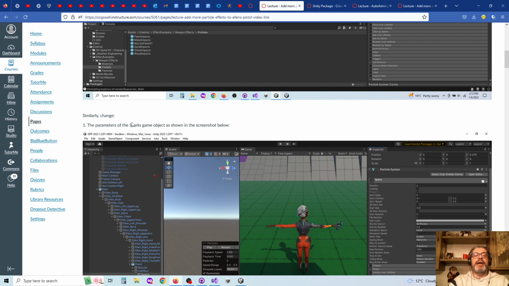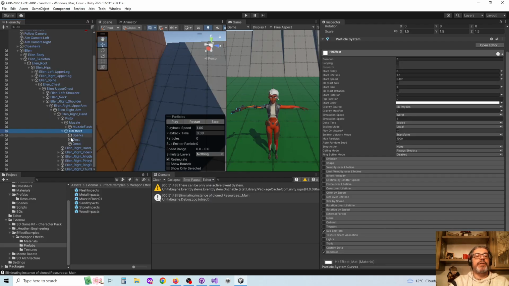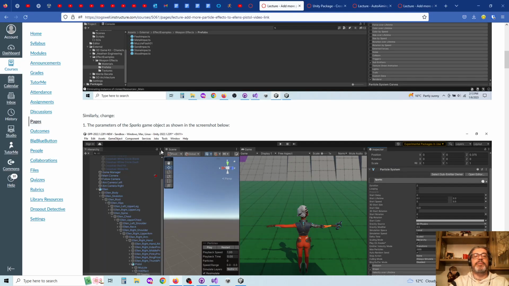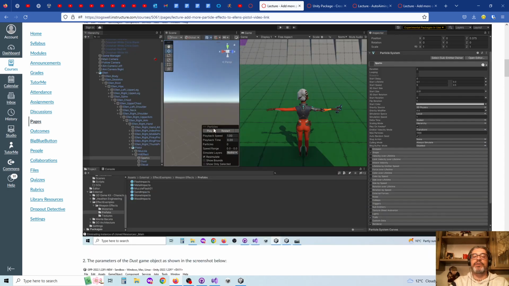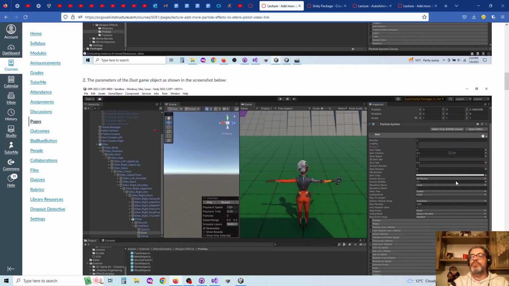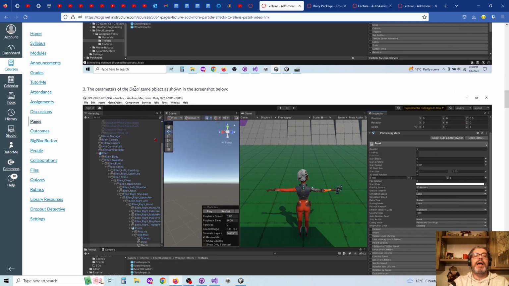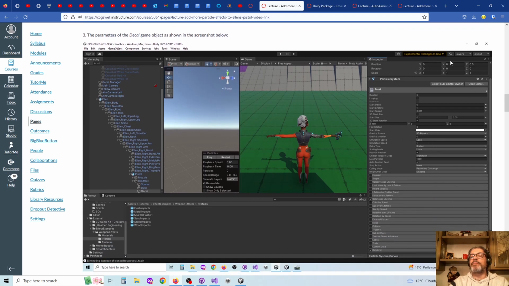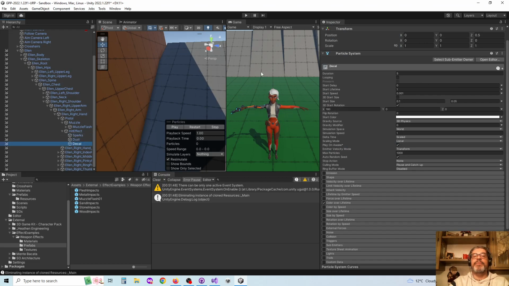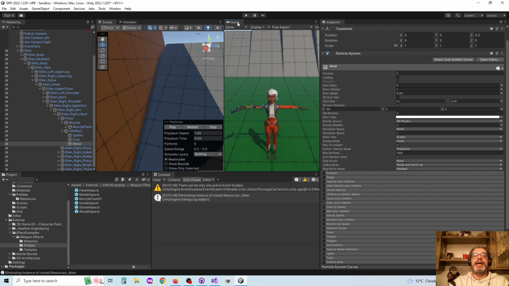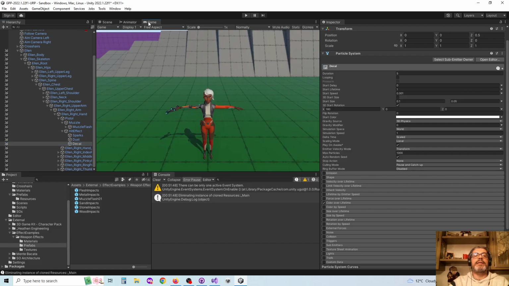And then there are three more children, right? There is the spark, the dust, and the decal. And again, they all need to be adjusted a bit. So it tells you, number one, how the spark is supposed to be, positions and parameters, and then how the dust is supposed to be, position and parameters, and finally the decal, again, positions and parameters. It's all detailed in here. Now you can see it also in the video, but at the end of the day, what we get is